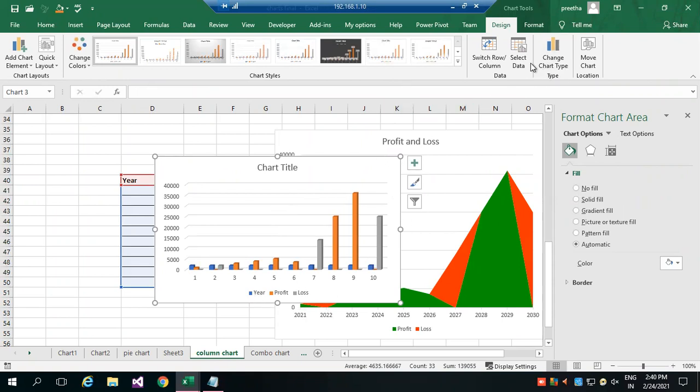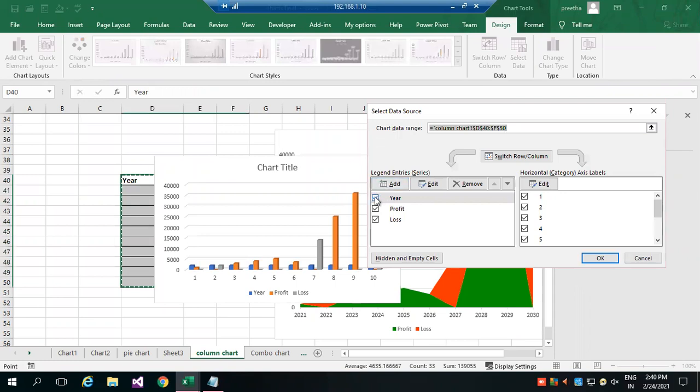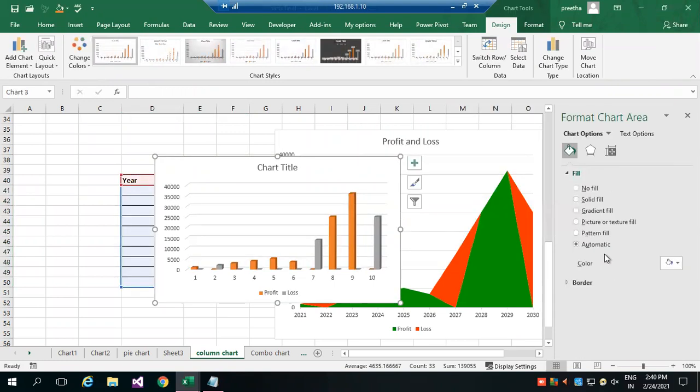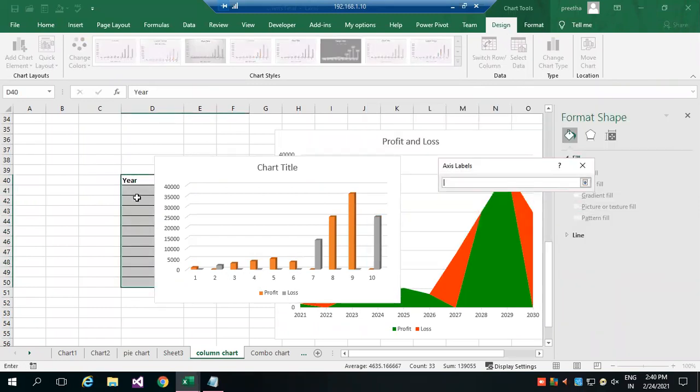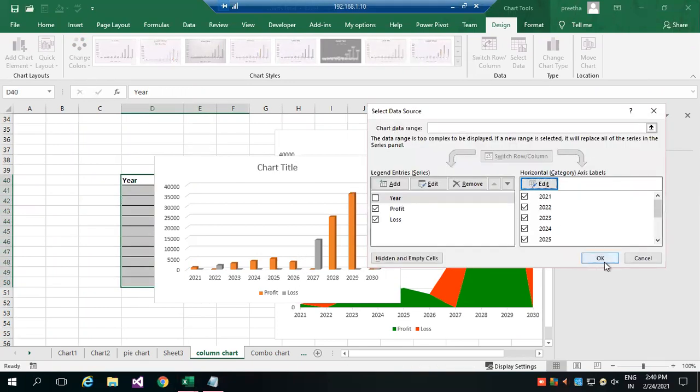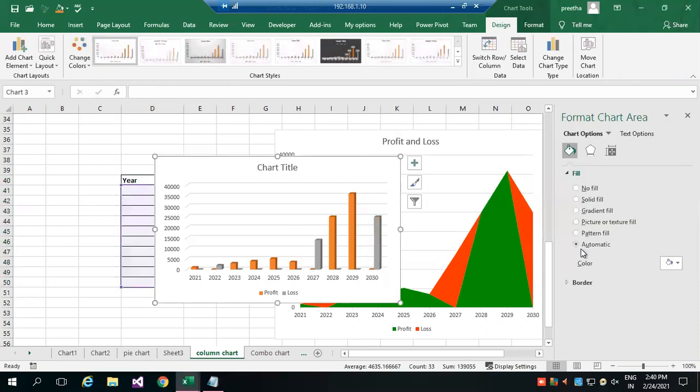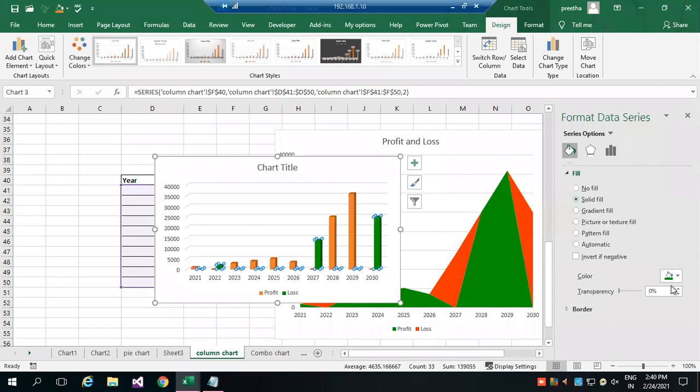So here I don't want that. So select data. Here I will remove. Okay, but it's showing 1, 2, 3 like that. So that also we can change. Edit data range. I can select the year. So like this, I can represent. This I'll remove. So in which year I am getting profit, which year I am getting loss. So this purple color, everywhere it is loss. So that I can change it. I can represent.